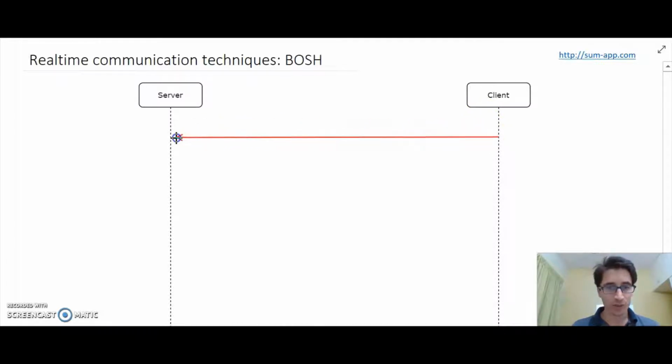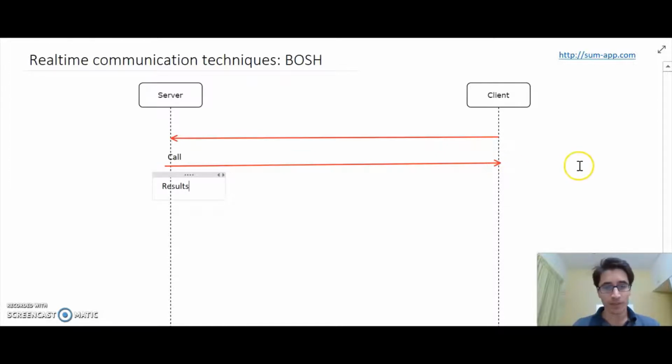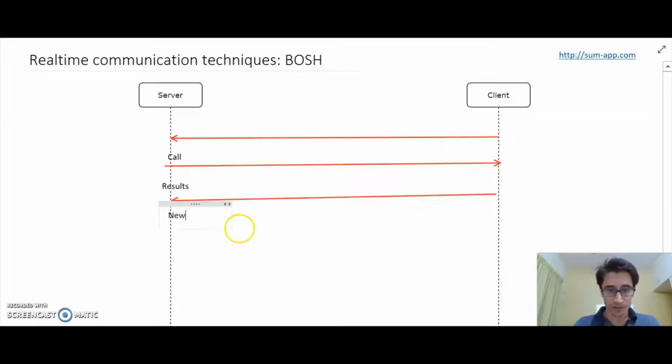As usual, the client originates the communication by making a call to the server, and the server, if it has any update for the client, would respond back with the results, and the moment the client gets the results, it would make another call immediately to the server to fetch new results.